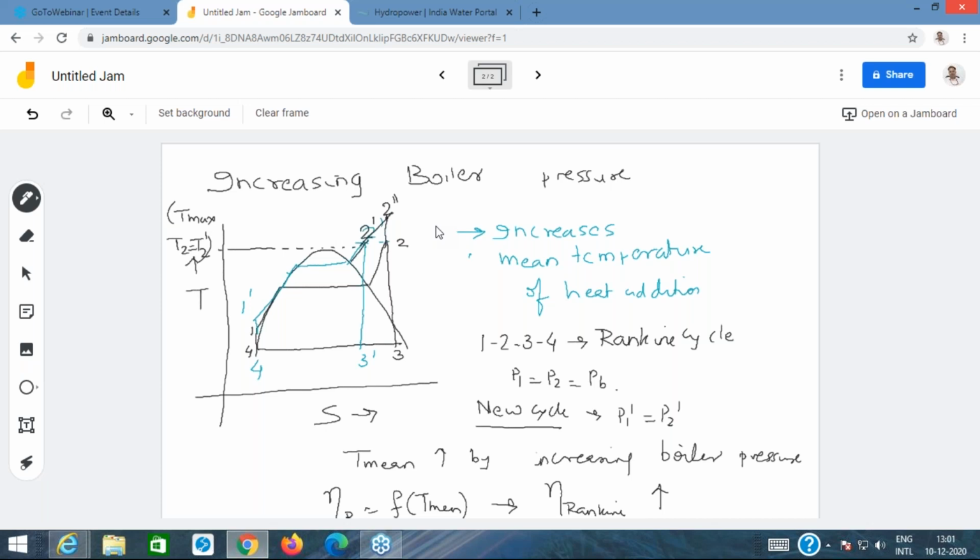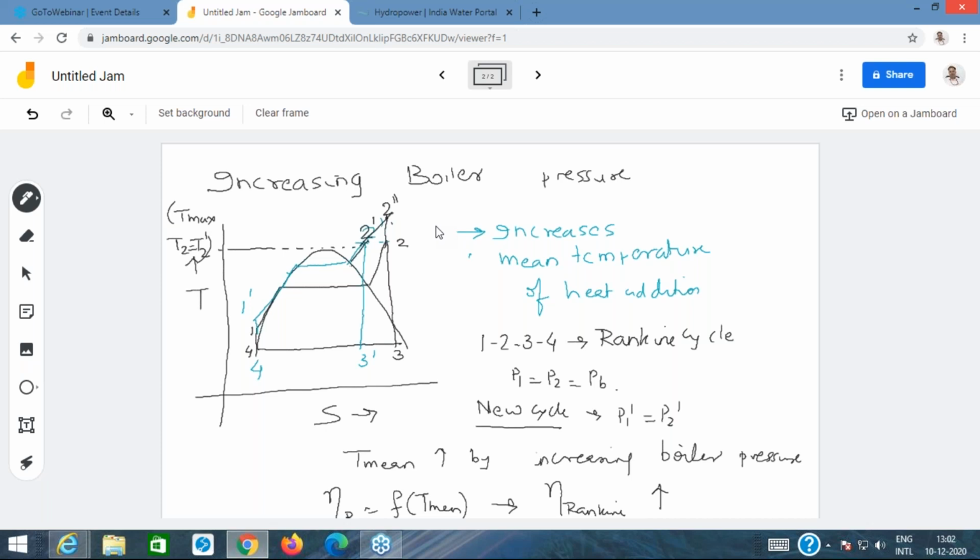The superheating earlier was only up to T2 dash, right? So this is superheating. This is saturation temperature. This is superheated temperature. So earlier it was only up to T2 dash. Now if I increase the degree of superheat up to 2 double dash, then you will get the steam which is sufficiently dry at the exit of the turbine. Is this clear? Is this clear what is done?